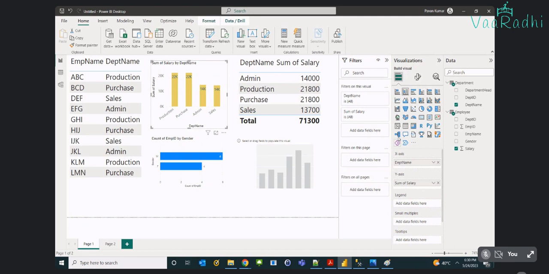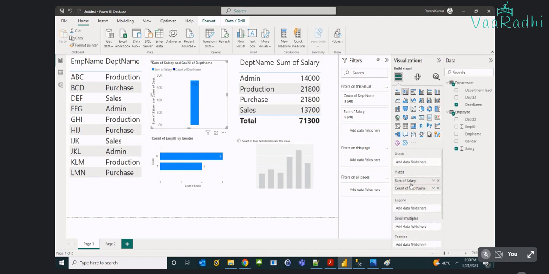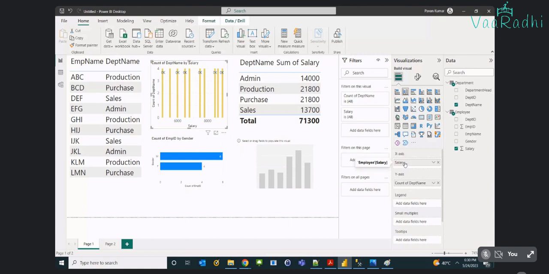If you don't want to switch your visual and you want the same kind of column bar representation, with department name on y-axis and salary on x-axis, you can simply convert this. Drag and drop department to y-axis, and drag and drop salary to x-axis. Okay. See here. What is happening? Here, instead of count of department names, you can simply say show value as no calculation. One second. Instead of